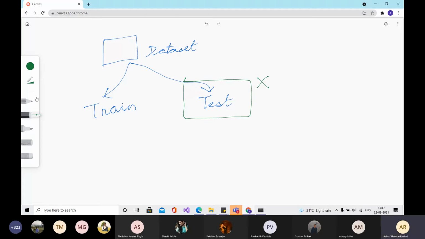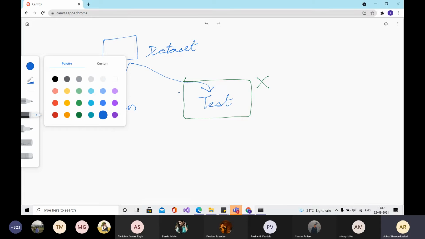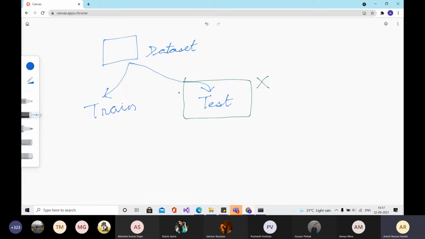And in case you make a model in which information from the test set leaks onto the train set, then this problem is known as leakage. This is very common when trying to work with a real world data set.